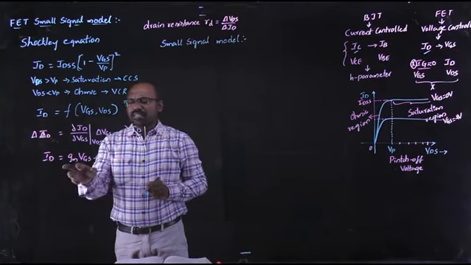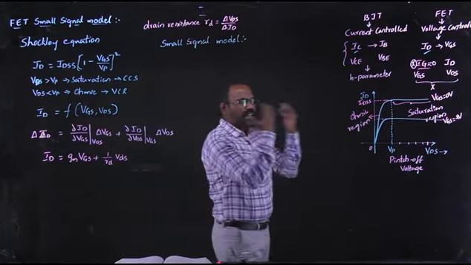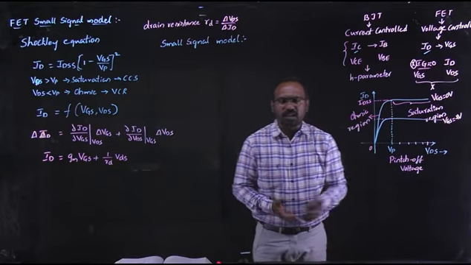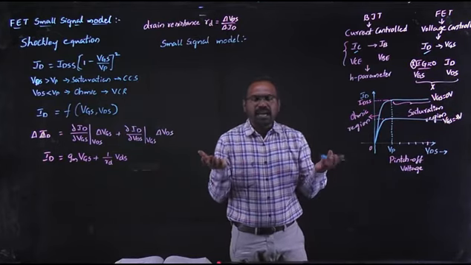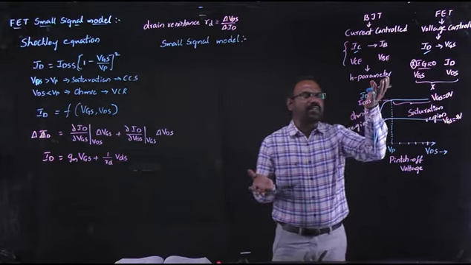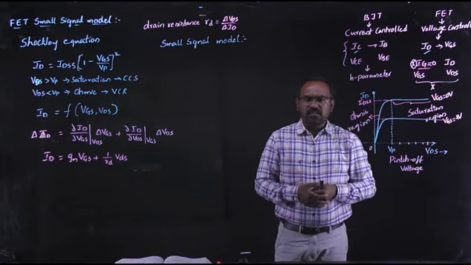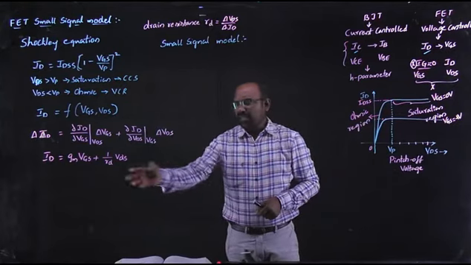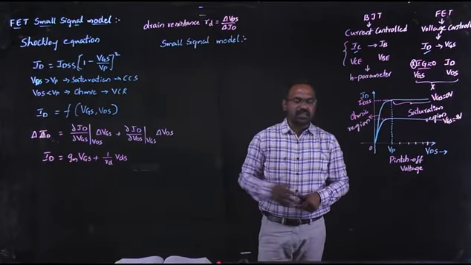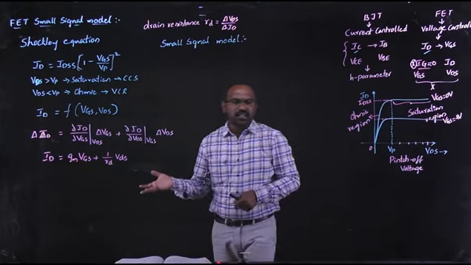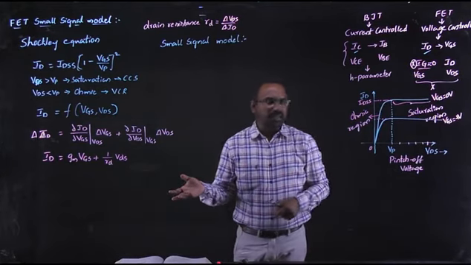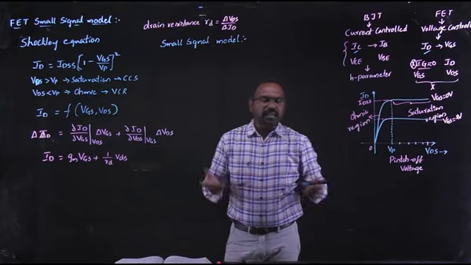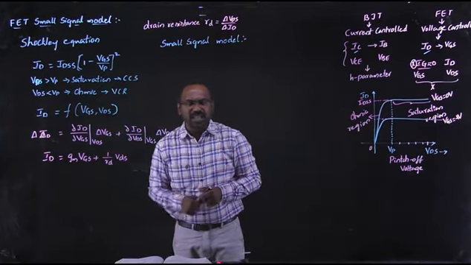Why I am using this equation is, previously when I discussed the equivalent circuit diagram for the small signal model of BJT, I simply analyzed the h-parameter equations there. From those h-parameter equations, I drew the circuit diagram. Similarly, I am doing the same thing using this equation. Why? Because here the h-parameter equations won't be possible, because my input current is 0. So I can't define them. And not only that, generally